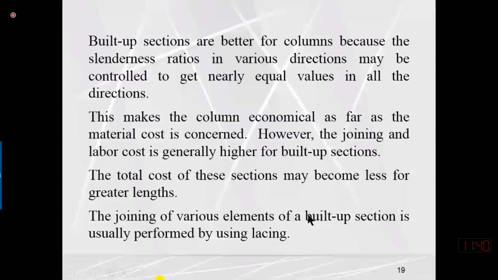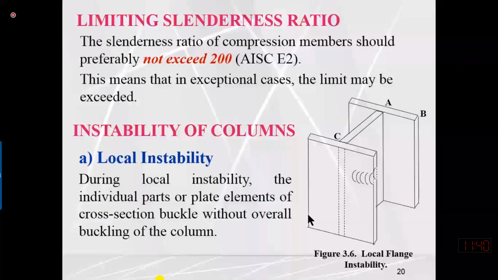Okay, next is the stability issue. We need to satisfy three things. Number one, the strength criteria. The strength criteria in a tension member was the yielding criteria and rupture criteria, but in the case of a compression member it will be the buckling criteria. We will check it out. And the stability criteria in a compression member is only the slenderness ratio, which is controlled by keeping the slenderness ratio less than or equal to 300.